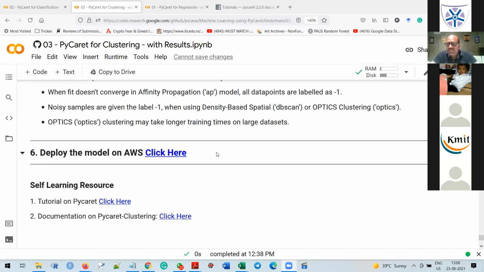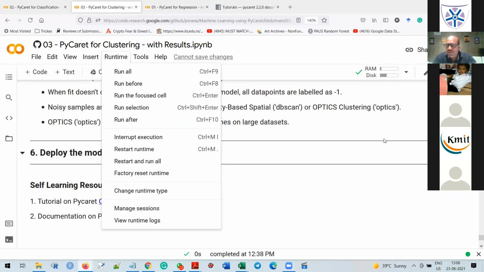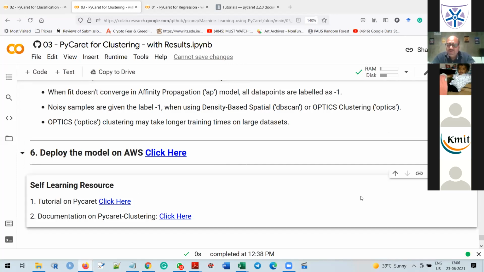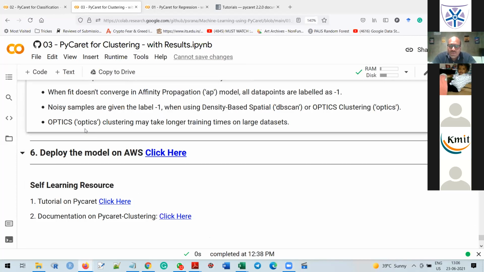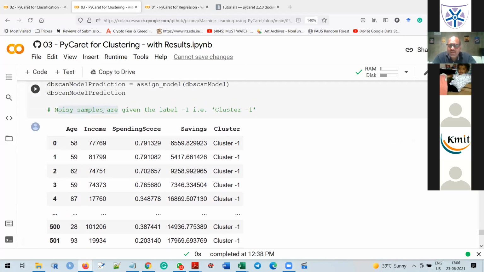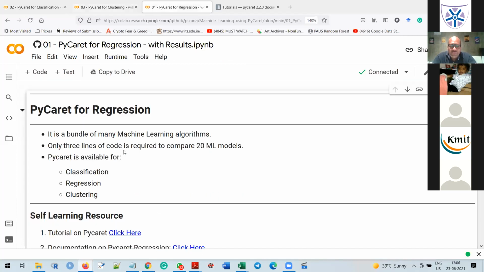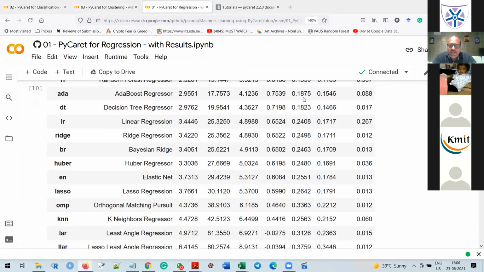Is it right, sir? Yes, ma'am. No, you can run the complete notebook by going to Tools, then Runtime, and Run all. It will run one at a time. We have to take one at a time, by analyzing one feature at a time. No, you can also. You're talking about multiple features. No, you can try now. I just told you in my regression part.